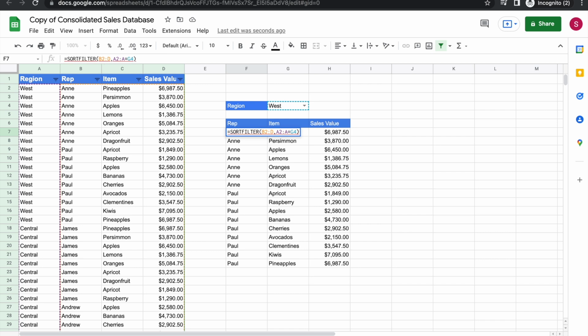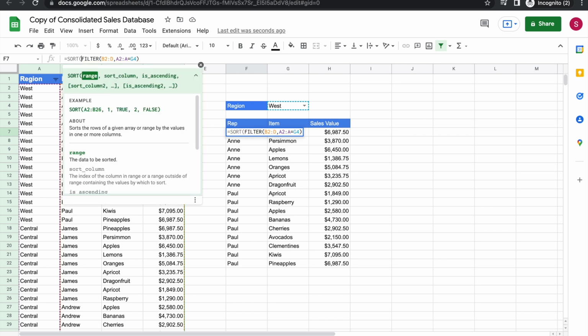So, sort, then I use a parenthesis, so my range is basically the filter. And for the sort column, you just have to count them. I want to sort by sales value, so 1, 2, 3. So I'm going to add here number 3 because I want you to sort by column 3. And